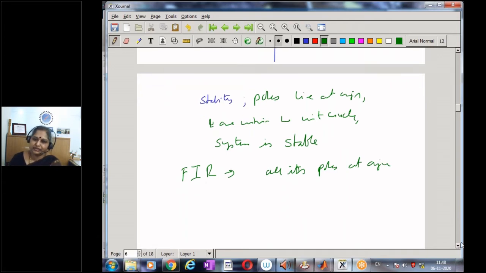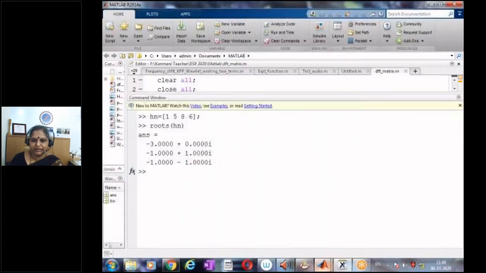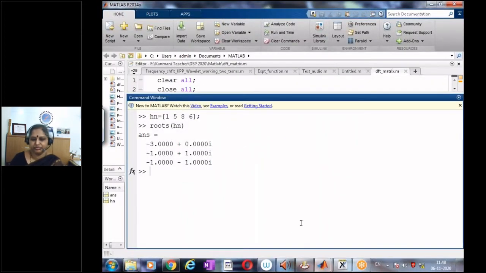So having seen how to represent it as the pole zero plot, of course, if I go back to MATLAB, I can also try to get the pole zero plot by using the command, the z plane. I have my numerator as my unit impulse function hn, and my denominator is a 1, and hence I can try to observe the pole zero plot by using the inbuilt function.